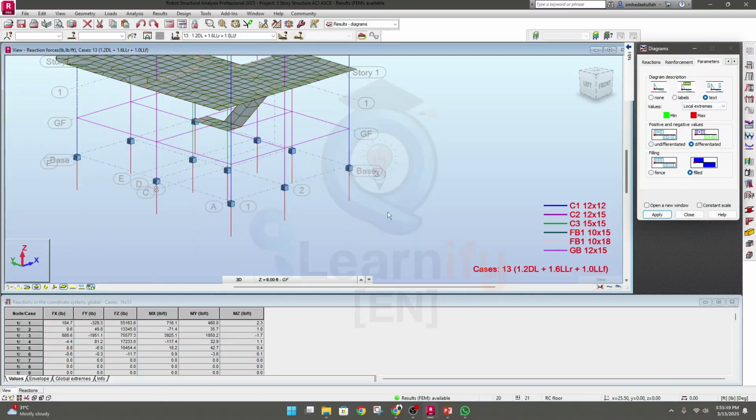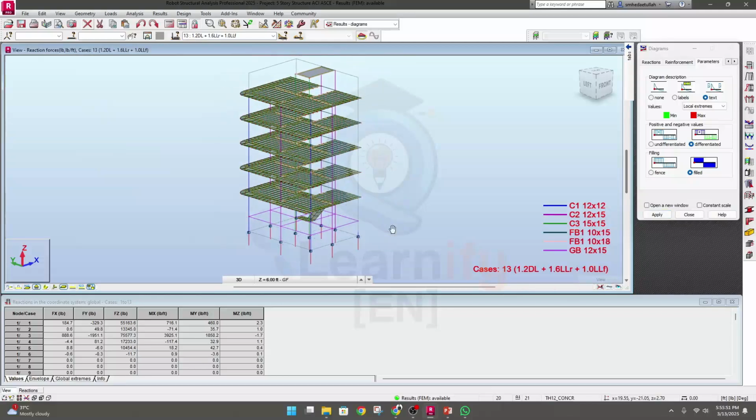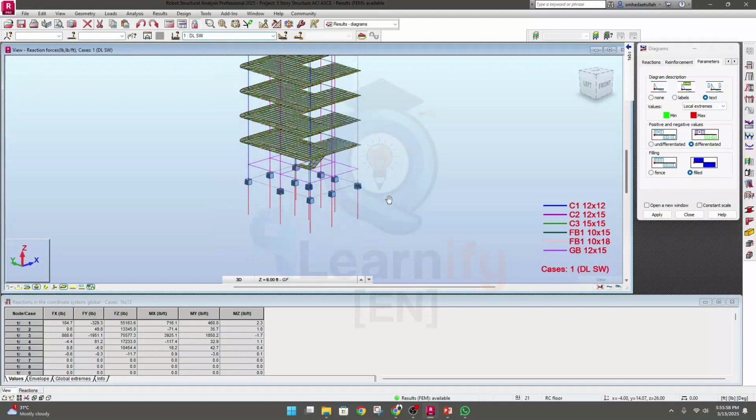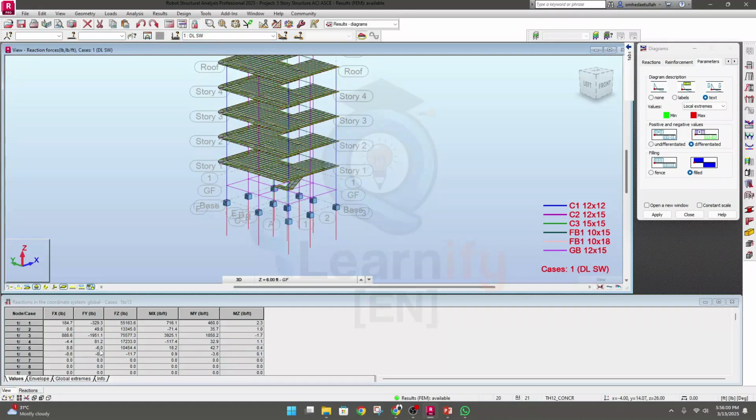I'll click apply. Okay, so if I change here something like for self weight, so here FZ, you can see for every node or case, this value is available here in our table. Actually,